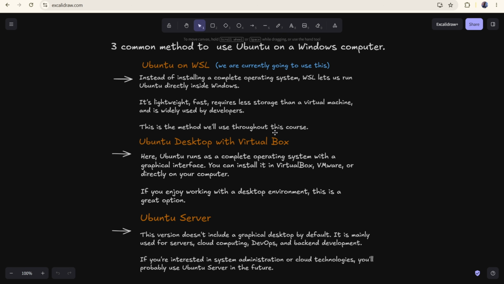In this, we don't get a graphical interface, but it is very popular among cloud and DevOps enthusiasts, and many developers prefer it. If you're interested, you can also use this. But we are going to use Ubuntu with WSL. If you want to work with Ubuntu desktop with VirtualBox or Ubuntu server, don't worry, we have provided the link in the description, and there we instructed clearly how to install and set it up.